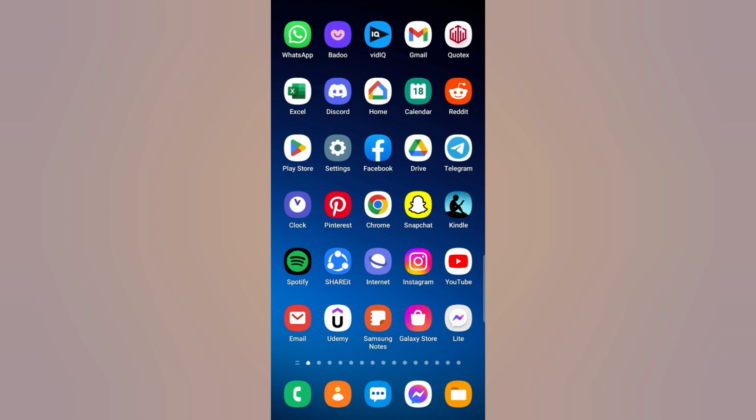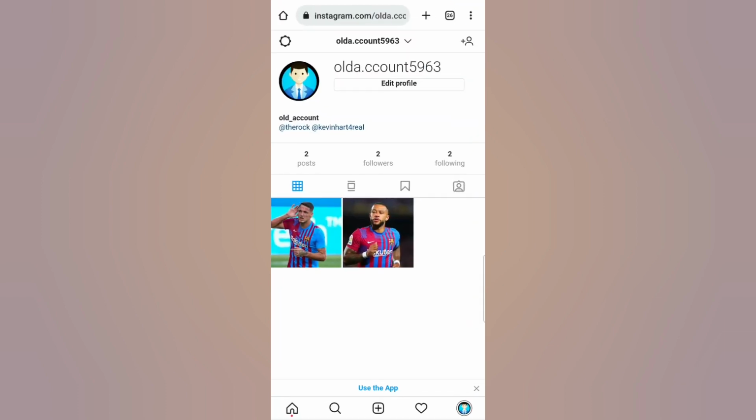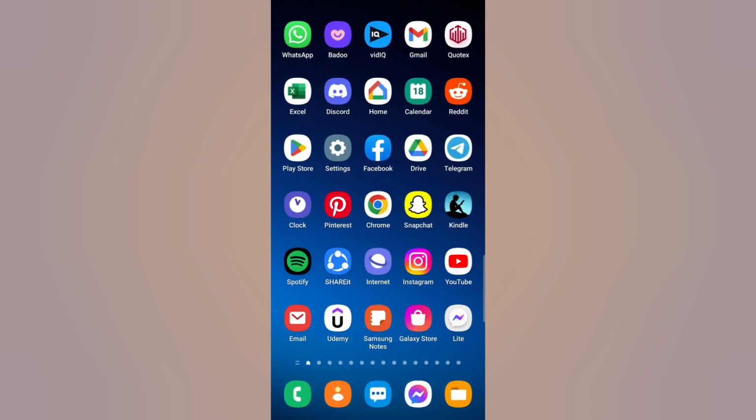So the first thing that you need to do is get your Instagram username, whether by copying it or memorizing it. And once you do that, you go back to your Facebook